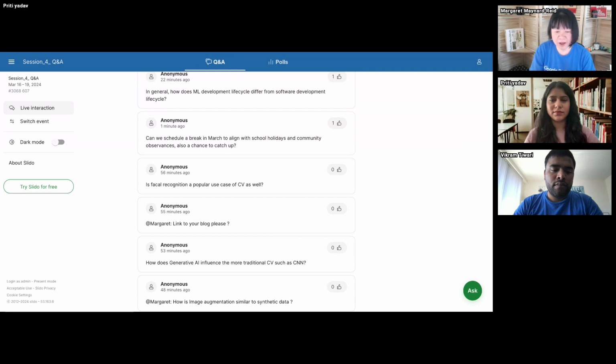Now, in the talk, Andrew actually talks about big data versus good data. He said good data is much more important than big data. You don't necessarily always need big data to train.